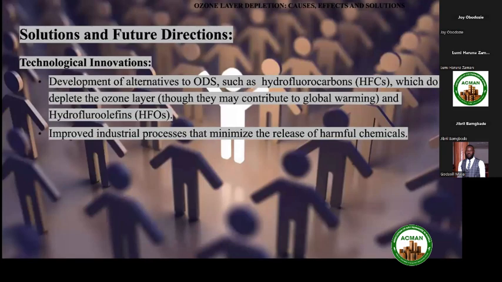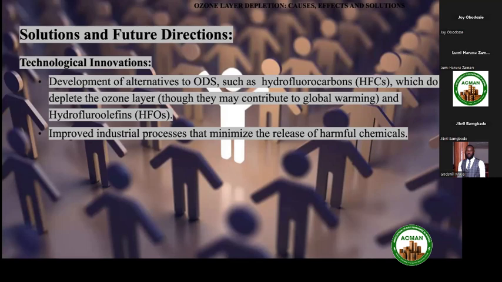Solutions and directions: technological innovations are always encouraged so that we can always have new alternatives to the HFCs and to the CFCs, which are oxidating elements. We are looking for elements with less global warming and more natural.